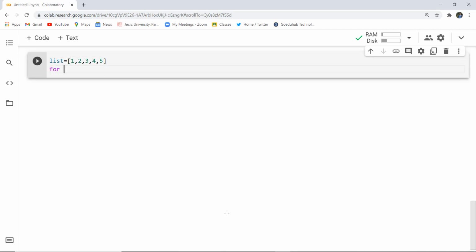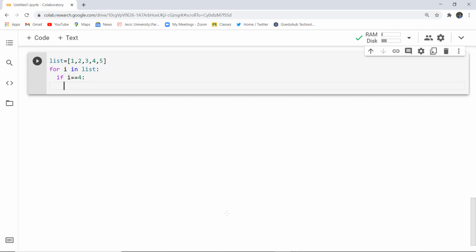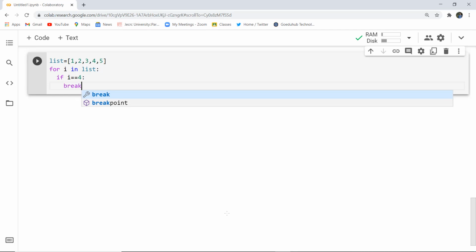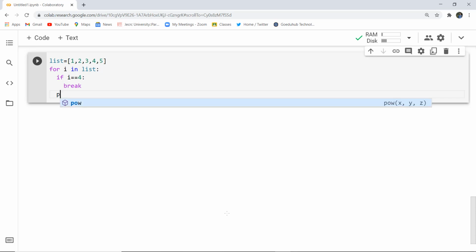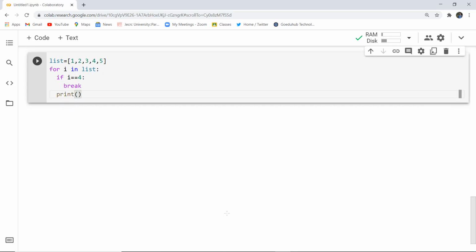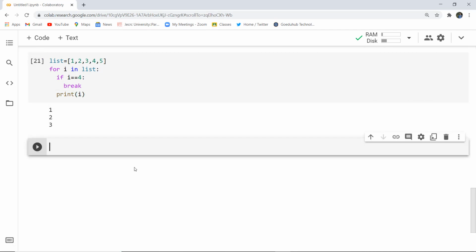Next I am going to execute a for loop for this list: for i in list, if i equals 4, break, and what it has to do is print i. Now as I execute this particular cell, you can see here it returns only 1, 2 and 3,